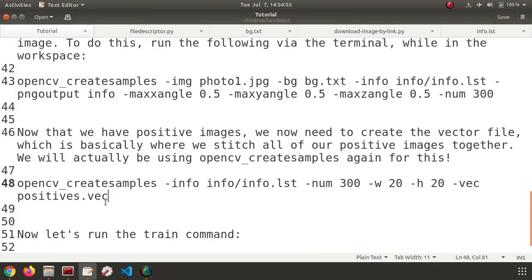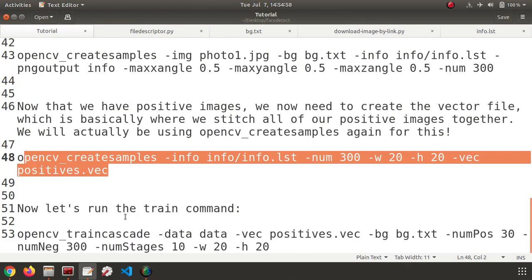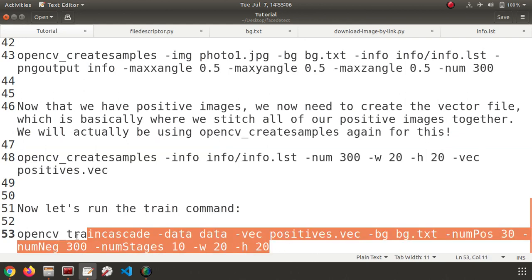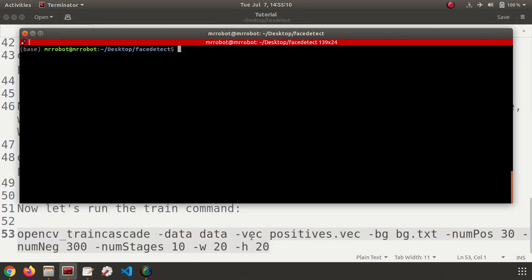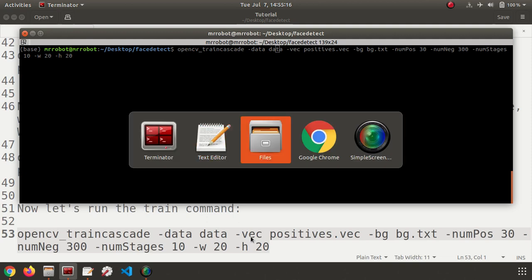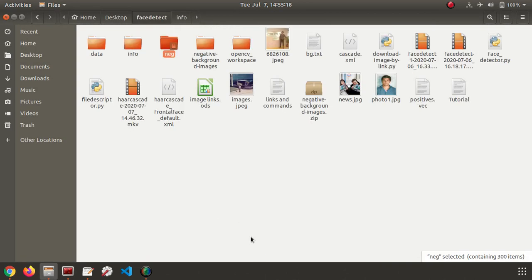Now the next thing is we have generated a vector file also. This is very much essential to create our Haar cascade classifier. The final thing is to run the Haar cascade classifier by using this command. You copy this command and execute it. I have done this already, but I can show you that. Data means the directory I have created already, data. Here we can see,